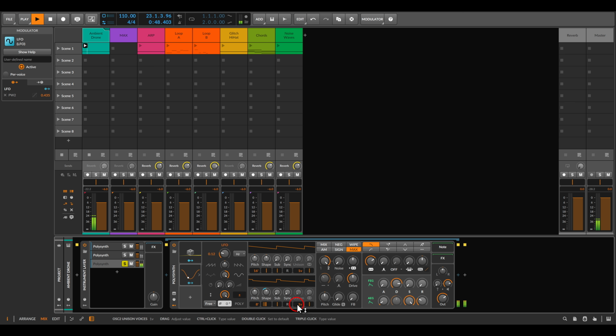Let's add also unison to the second oscillator. 3 voices. Detune them. Maybe even spread them in the stereo field. And now, again, I want this to be more bassy, so we will use a high-pass